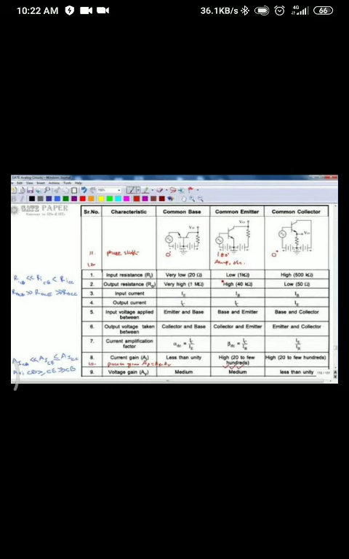Again, the second unit, which was the vast unit: what is a diode, how it is constructed, how it is biased, forward bias, reverse bias, then the Zener diode we have seen, then the LED. So all the diodes, we have seen their applications, then the application as a rectifier, power supply block diagram, what is a filter, what is a rectifier, types of rectifier, how the circuit works. We have seen a total of 15 circuits over there. 3 rectifiers, that is half wave rectifier, full wave center tap, full wave bridge rectifier, and then again we have studied the 12 circuits of filters regarding the half wave and full wave rectifier.